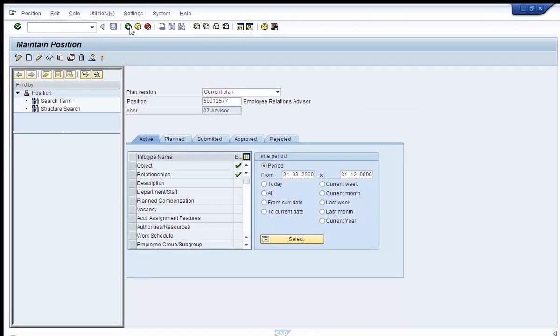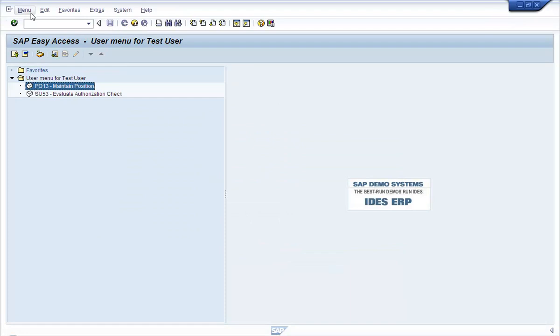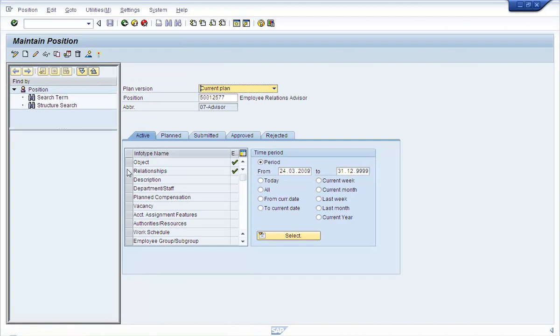So if I go back and now try to hit the change, I'll get no authorization for info type 1000.